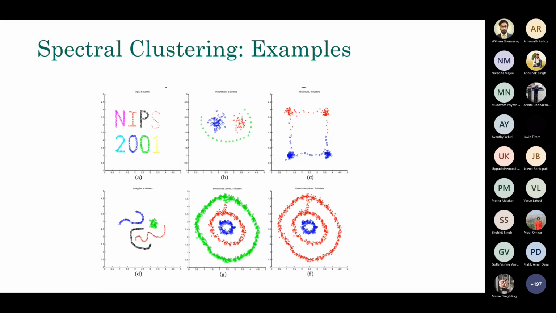If you take the first example, NIPS 2001, k-means clustering will never be able to find this kind of thing. It's very difficult to figure out. Those are the things that are problematic. So we try to address this problem using the technique of spectral clustering. Again, it's graph-based, but a slightly different graph than what we have seen so far, and the manipulation, of course, will be very different.